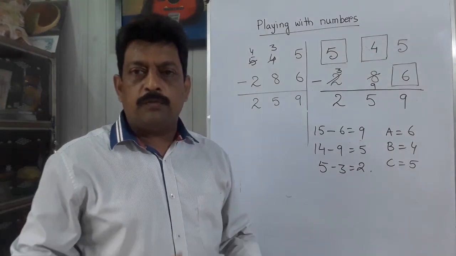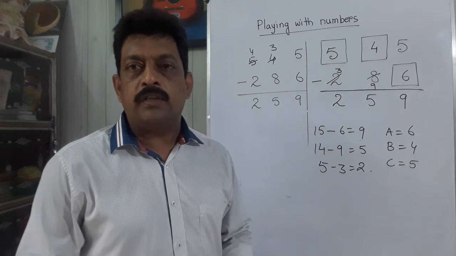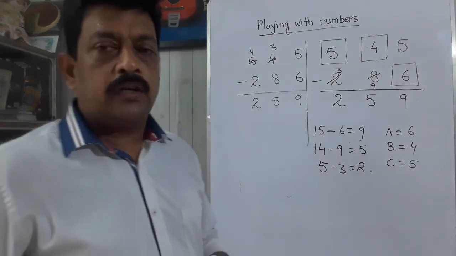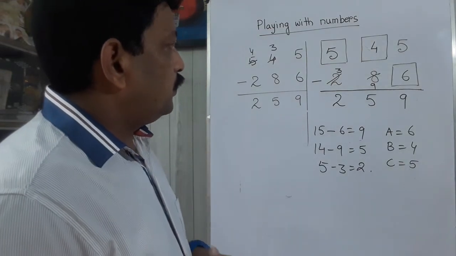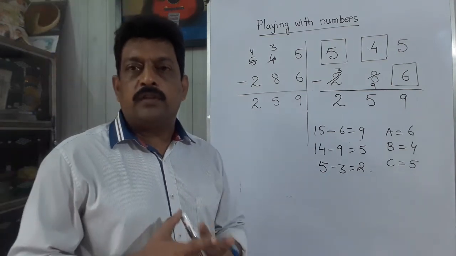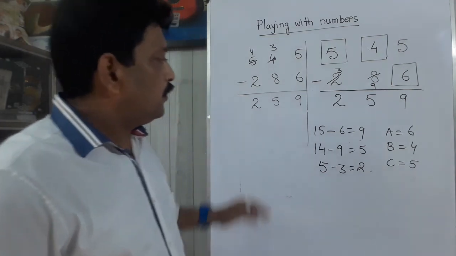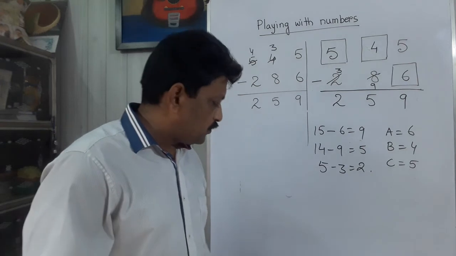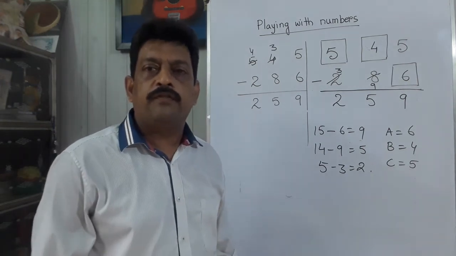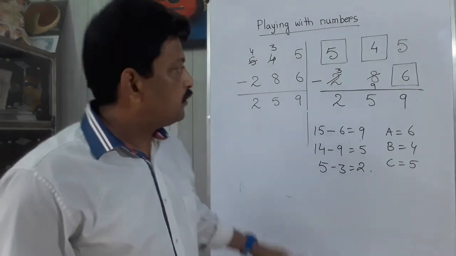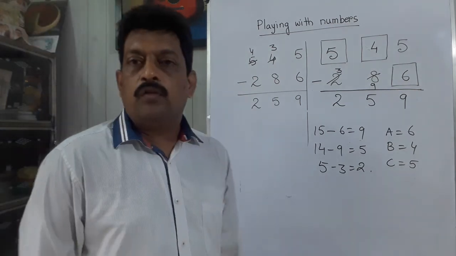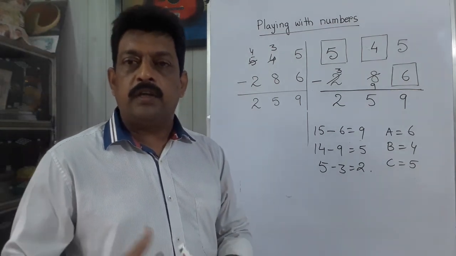Understood? So this type of sum we have to do by the guessing method only, and there is nothing we can use as a formula. No formula is there. Understood? So you go for practicing some more sums. So many sums are there. You will get them from the textbook and from other books. Try to do the sums in this way. Hope you will be able to do the sums.